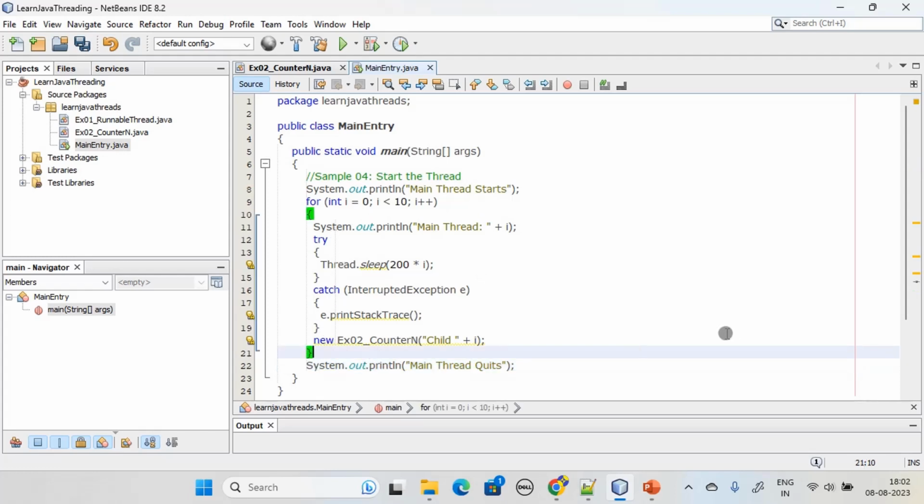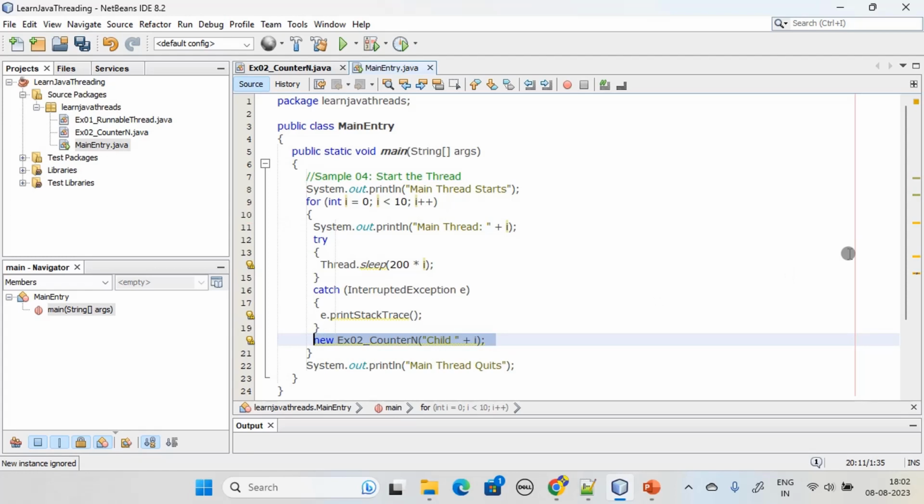Here also we have one for loop. Our thread contains one for loop, and the main thread also has one for loop. And in the for loop it is printing two messages. One is main thread and it is running its own counter. Then